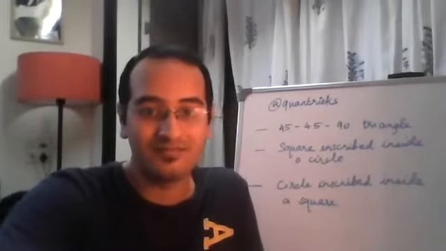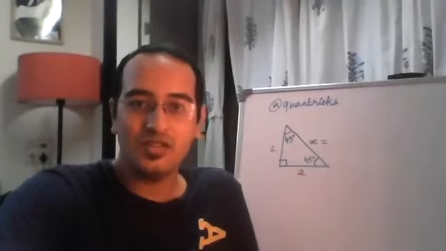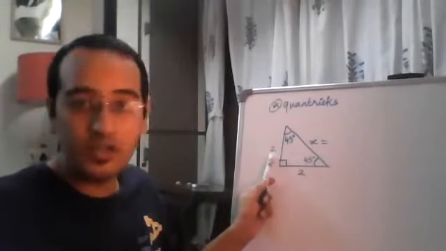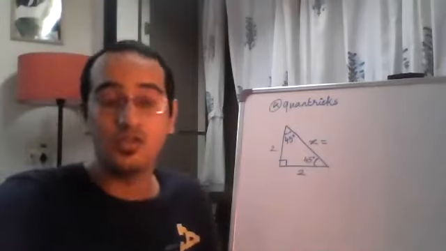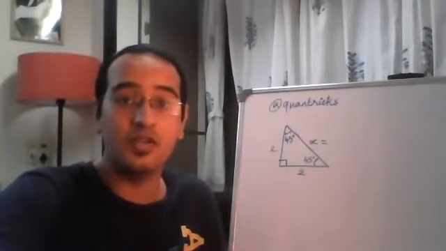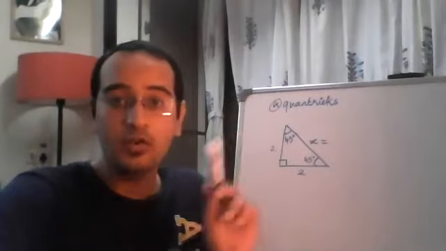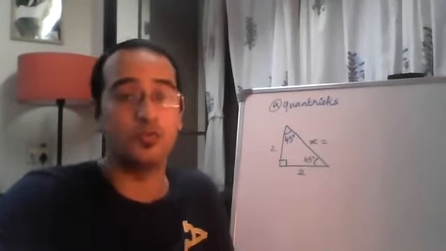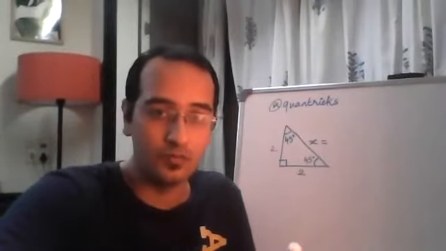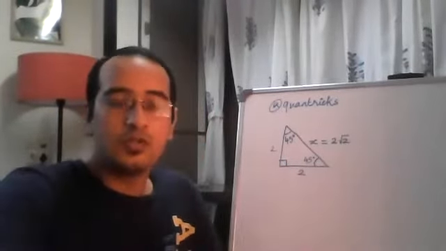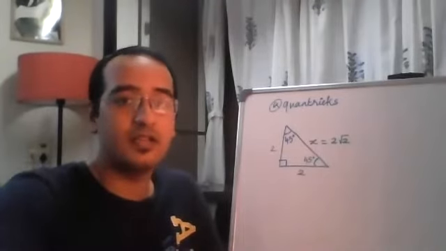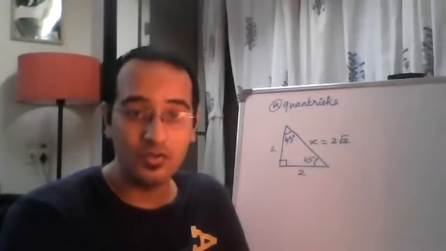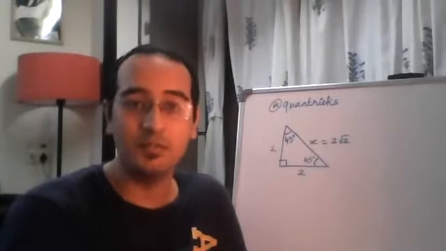So here you go. In this isosceles right angle triangle, the two sides, that is the altitude and the base, are 2 units. So using Pythagoras theorem, you can find out the hypotenuse, which is the square root of 2 squared plus 2 squared, which is root 4 plus 4, which is root 8, or 2 root 2. So we can say that in an isosceles right angle triangle, the hypotenuse is root 2 times the base or